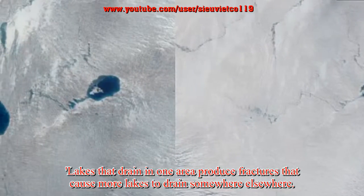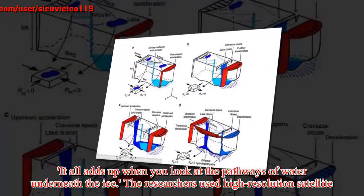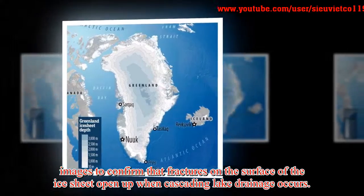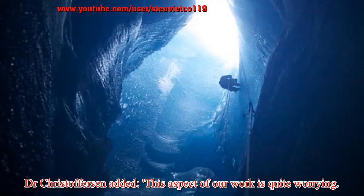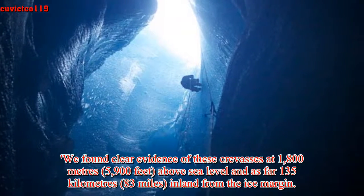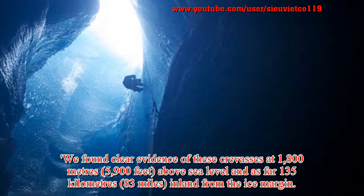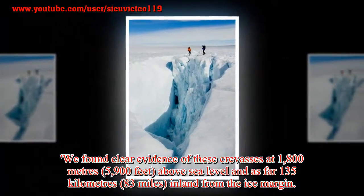The researchers used high-resolution satellite images to confirm that fractures on the surface of the ice sheet open up when cascading lake drainage occurs. Dr. Christopherson added, "This aspect of our work is quite worrying. We found clear evidence of these crevasses at 1,800 meters, 5,900 feet above sea level and as far as 135 kilometers, 83 miles inland from the ice margin. This is much farther inland than previously considered possible, while complete loss of all ice in Greenland remains extremely unlikely